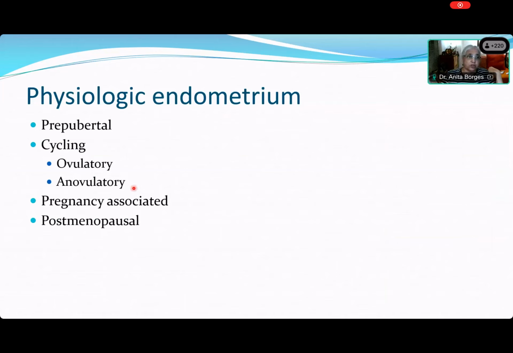Then what is ovulatory and anovulatory? So what do we mean by cycling? What is the cycle? We have lots of different cycles. Menstruation. So what is a cycle, Sheetal? You have diurnal cycles. You have different cycles, no? What does a cycle mean to you? In this case, of course, it's the endometrium that is cycling, but the cycle means something, no? We talk about a cycle having a wheel, right? So something happens again and again, and it goes round. You know that we have a cycle of day and night, or not? Every day is a cycle of day and night.